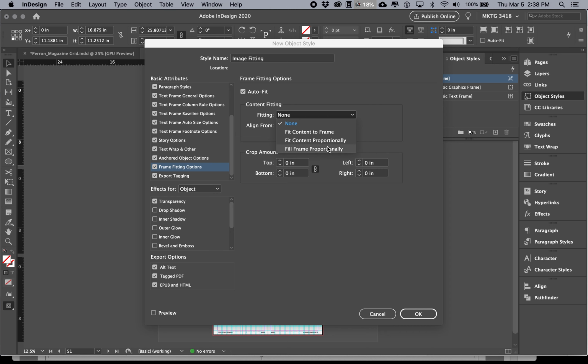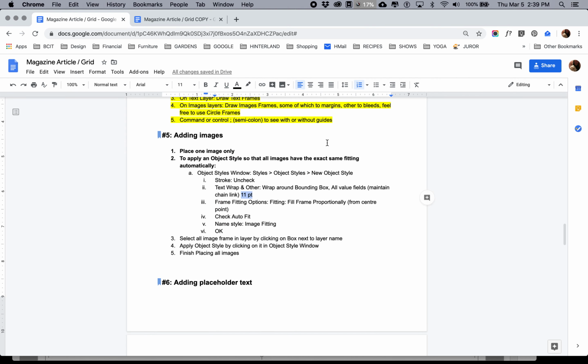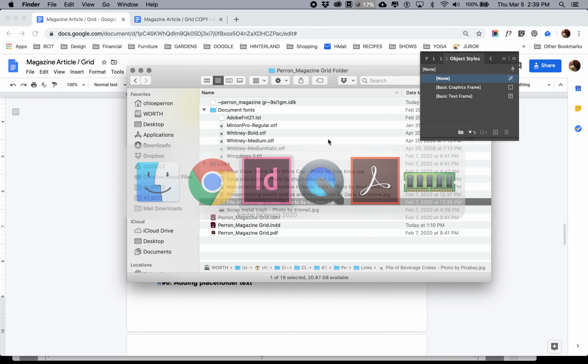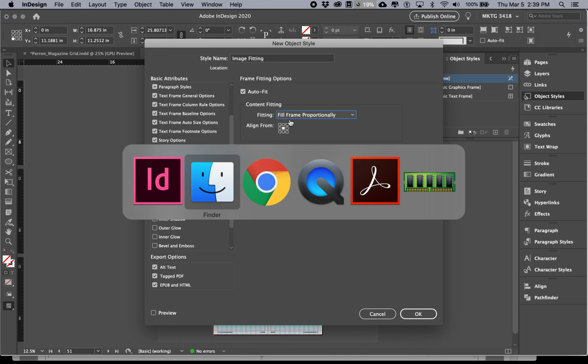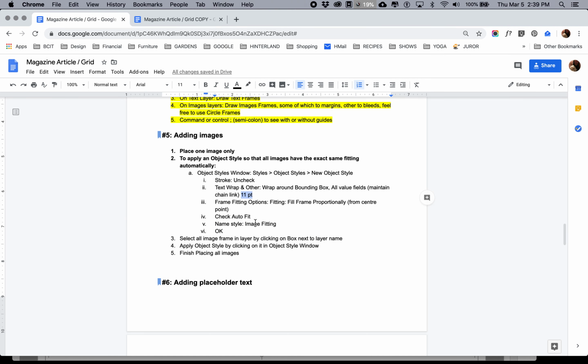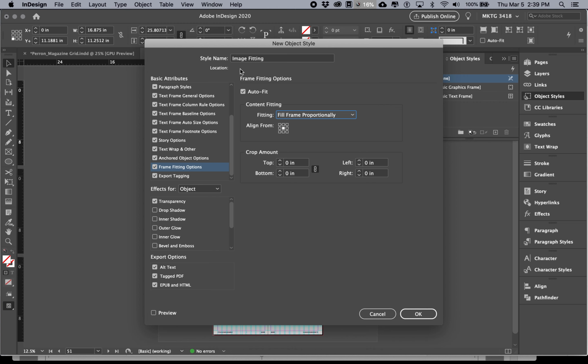We're just going to fill frame proportionally. So fill frame proportionally is an auto fit. Every time we resize an image frame, it's going to automatically fit it proportionally all the time. It's so cool. So image fitting, fill frame fitting options, auto fit, fill frame proportionally,